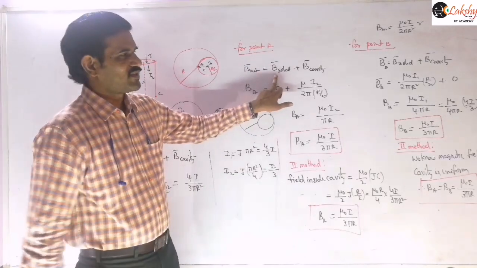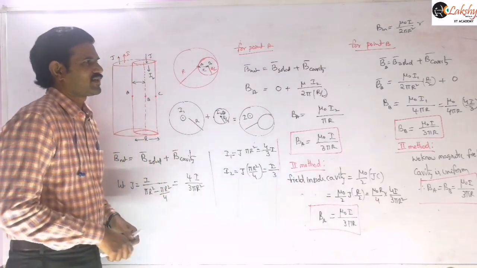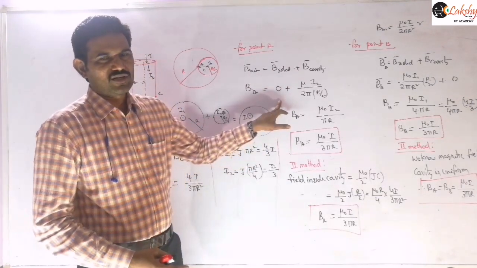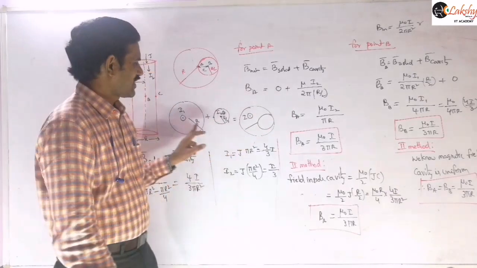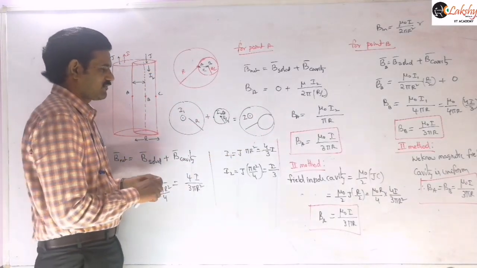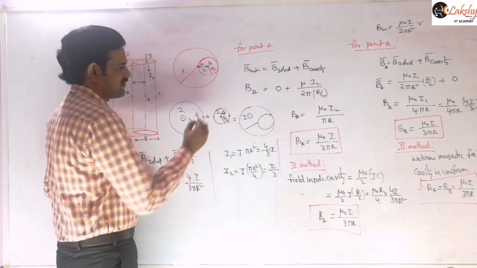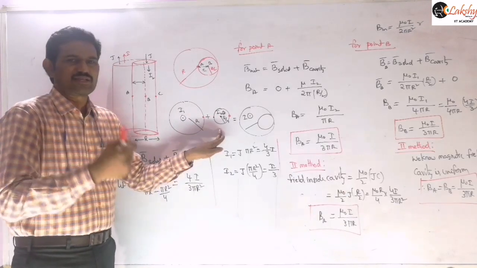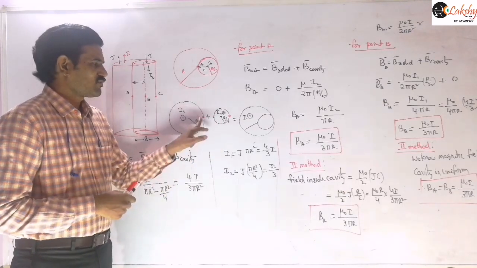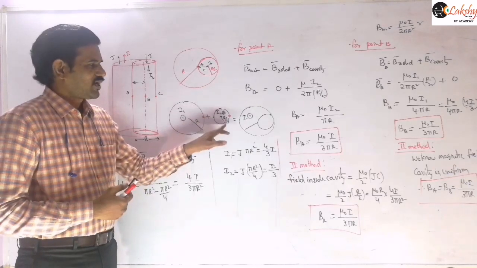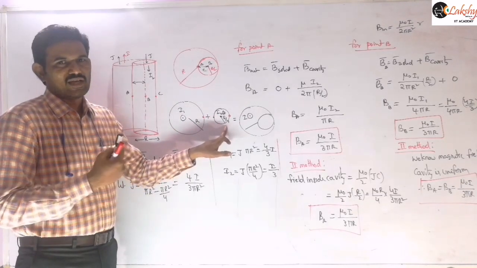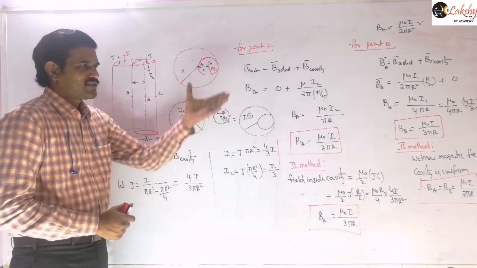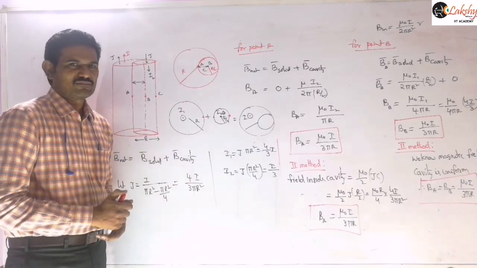Magnetic field due to the solid sphere means you will get the mu naught I1 by 2 pi r formula, because our point C will be here, and for the cavity also our point C will be here. For both the solid sphere and the cavity, that point is lying on the surface only. So for this mu naught I1 by 2 pi capital R, and for this mu naught I2 by 2 pi r by 2, because its radius is r by 2. The surface formula we need to apply, and then simplify that, and you will get that same answer only.